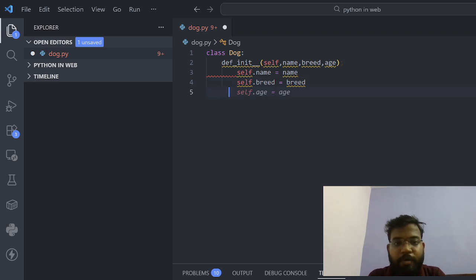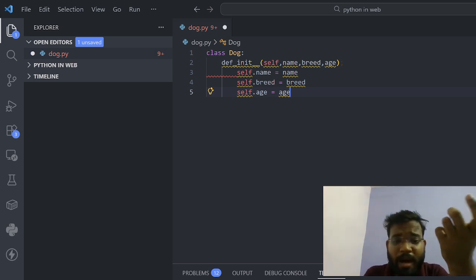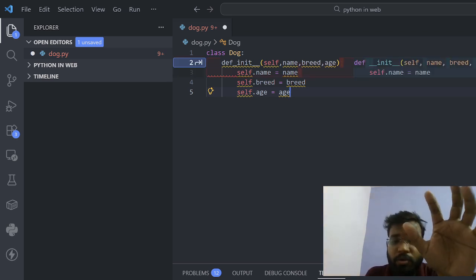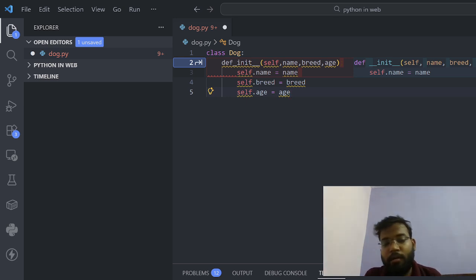Then we write self.age = age. And bark is an action the dog can do, so we call these methods.